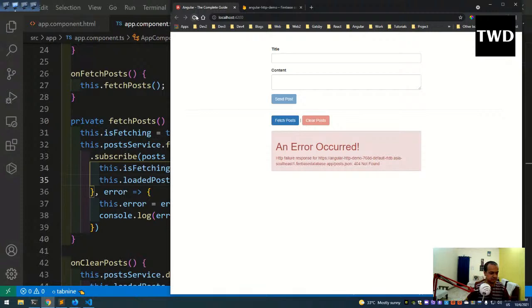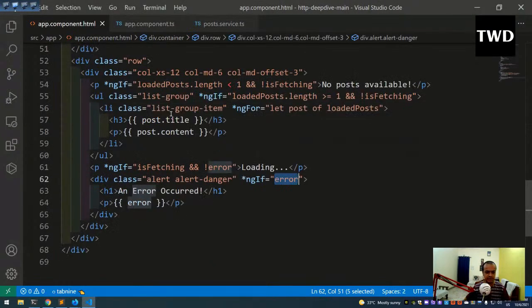I will do one more thing. So this is coming fine. This we will add a button to clear it. Okay, the error has occurred is okay, but the user knows the error has occurred, but the user wants to clear it. So how to clear it? So for that we are going to come here and create a button,